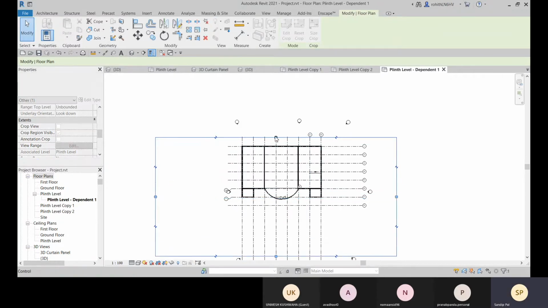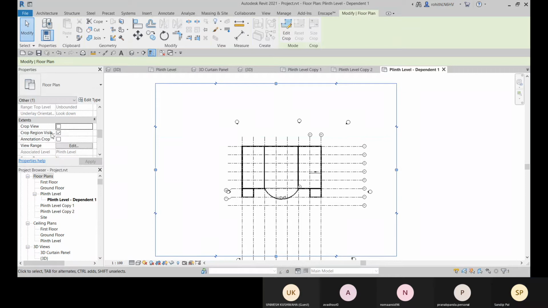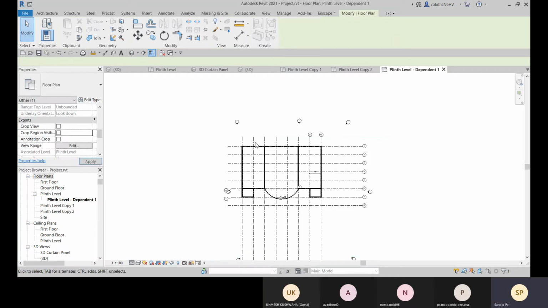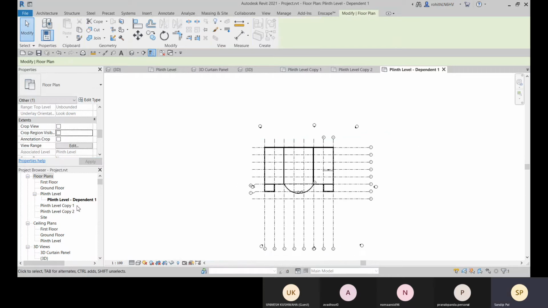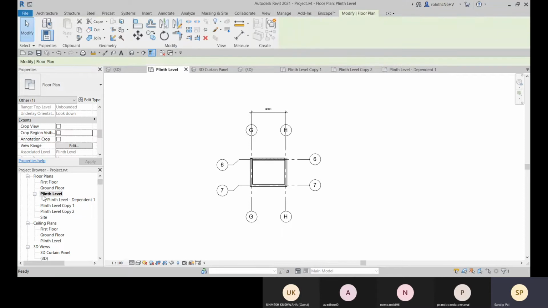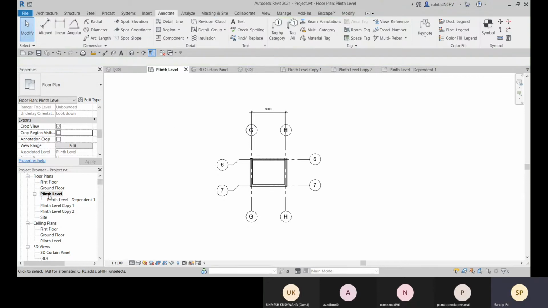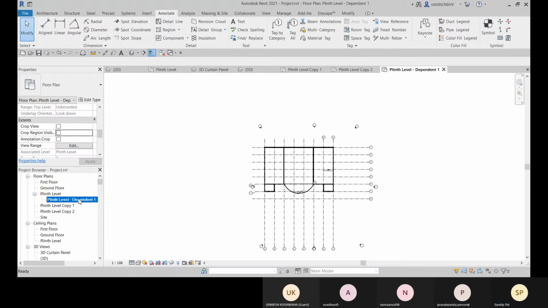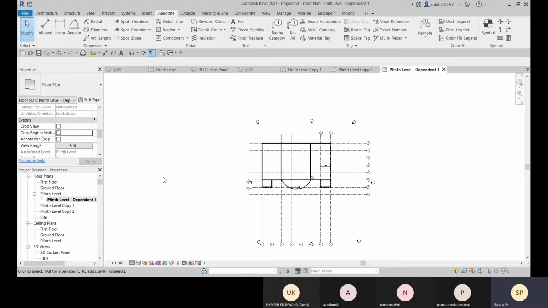Let me just fix it and then I will make it invisible. Okay, so this is the plinth level, and here you can see that I have this plinth level as it is. I had cropped it, right? This one I had cropped it. So this crop view is there, but within this plinth level dependent, I have that normal.